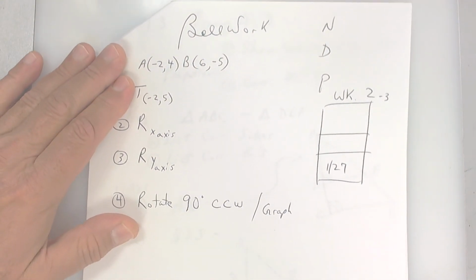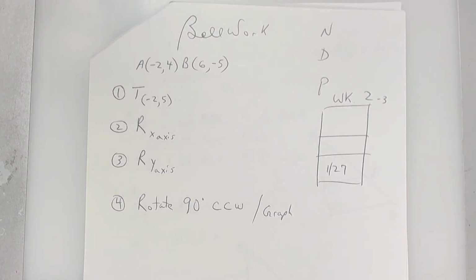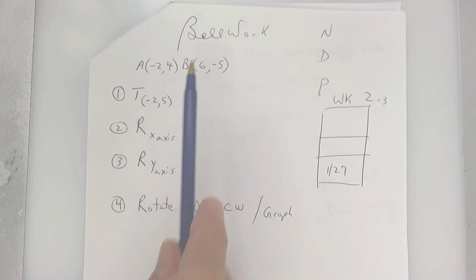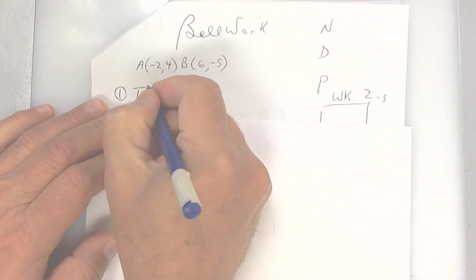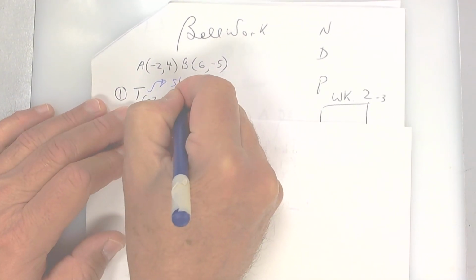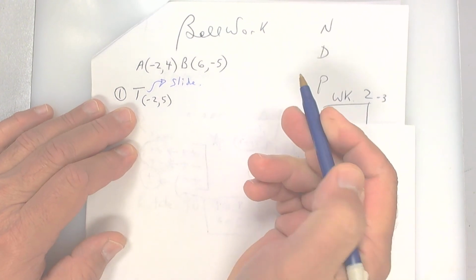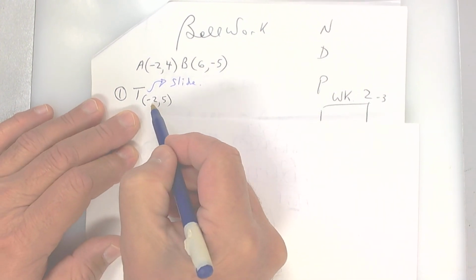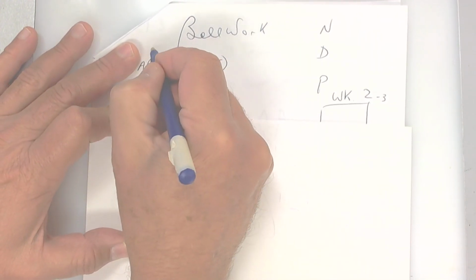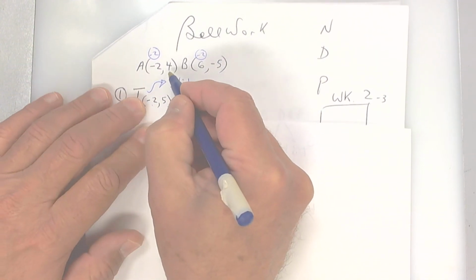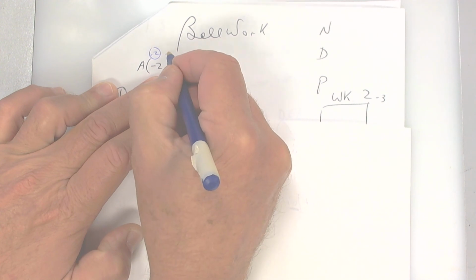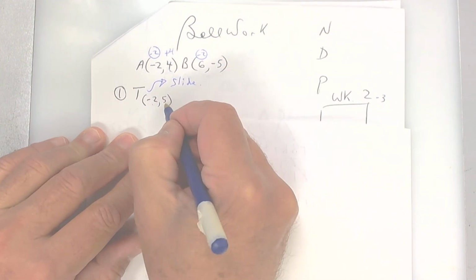Let's go to geometry. All right, so on geometry, what we're going to do is take these 2 points and translate. Now, translate is a slide. Write that down. So what you're going to do is subtract 2 from all of the x's. And you're going to add 4. I'm sorry, you're going to add 5